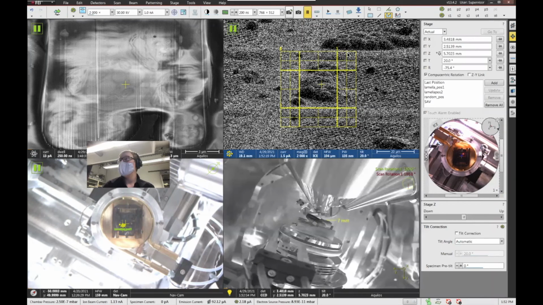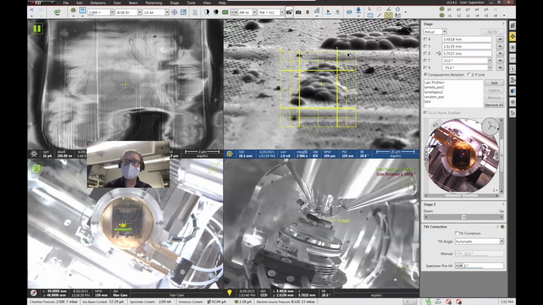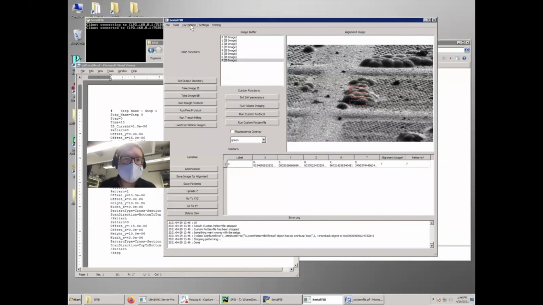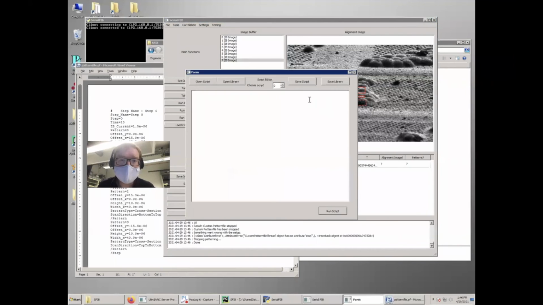I'm going to take the image at 1 nanoamp, realign at that current. So yeah, there's the new image, realigns, and then it starts milling at some point. Yeah. There we go. Let me just cancel this for time reasons and show you real quick the script editor,